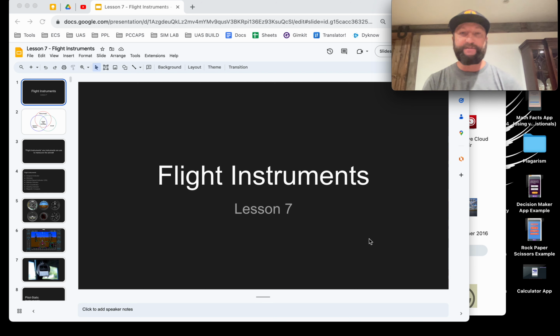Okay, this lesson is about flight instruments. These are instruments we use to control the aircraft. We're going to divide this into four parts. The first part will be an introduction to flight instruments plus an introduction to something called the pitot system